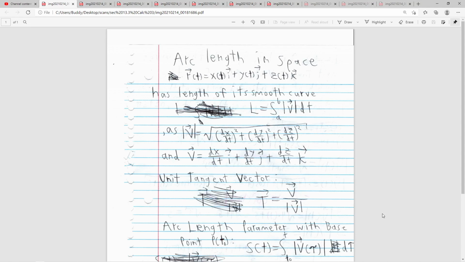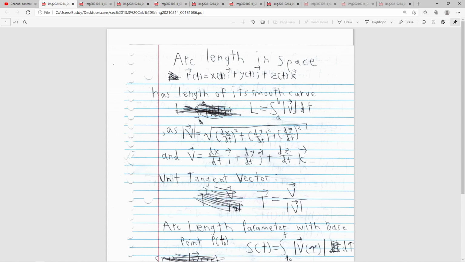Okay, so arc lengths in space. We just have a couple of formulas we basically apply to certain things. There's the position function, generally speaking, like this, and it has the length of its smooth curve. If you have a position function like this, which is the standard one, i, j, k with x, y, and z, respectively,